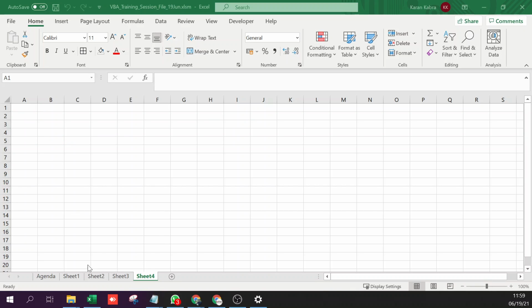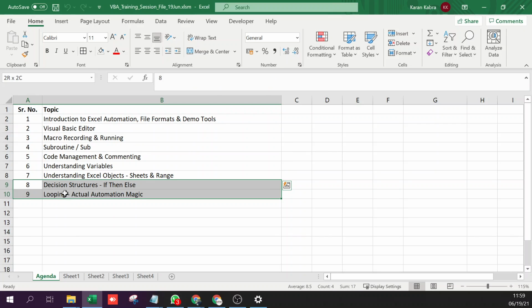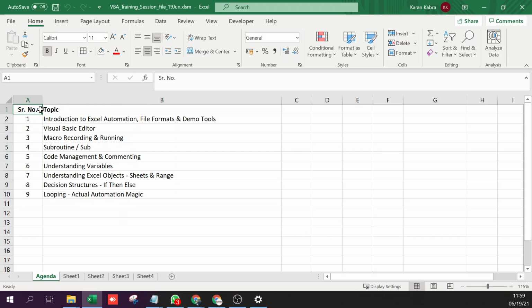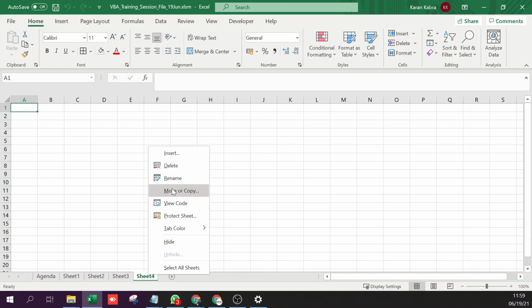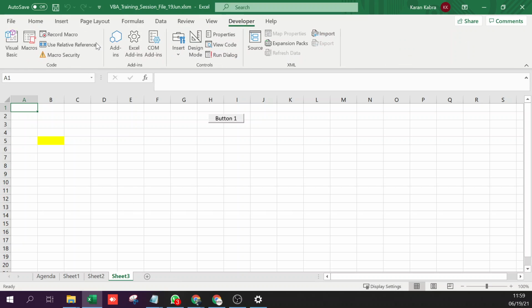Now let's move to the, so we've done till here, right? Now these two are the major things that will help you actually do some fair bit of automation. Or maybe what we can do is, before that, let's try to record some code and see if it works. Say I want to record a code to insert a new sheet. I don't know how to insert a new sheet, so I just record the code. Right? I've inserted a new sheet now.